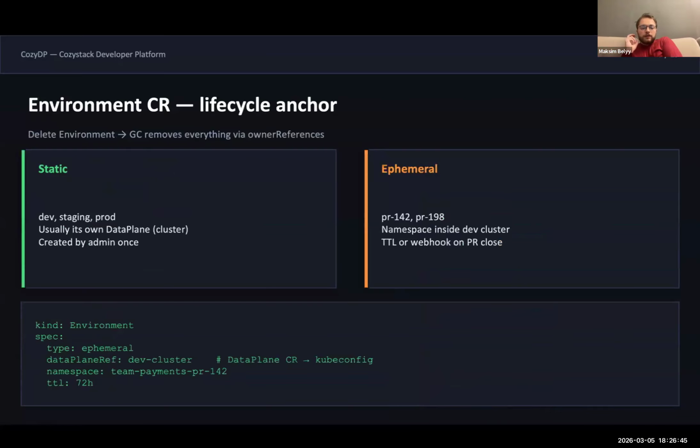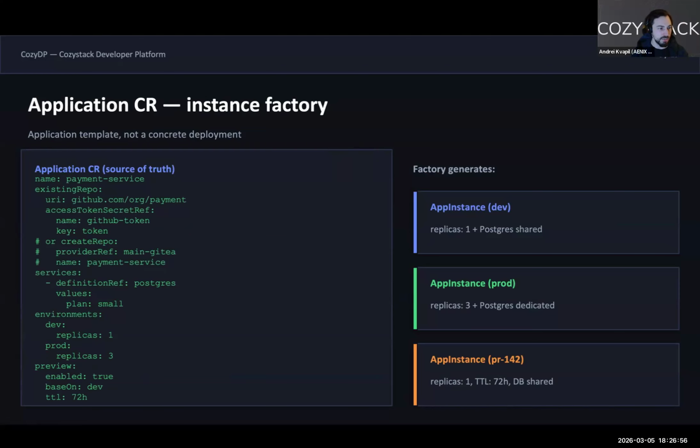So the environment custom resource, it's just, yeah, Henry. Yeah, I have a question here. Is it intended to be deployed in the same Kubernetes cluster or in different ones, like dev in a dev Kubernetes cluster and prod in a production one? In the current design, a data plane belongs to one environment, but data planes can handle multiple environments. Why?